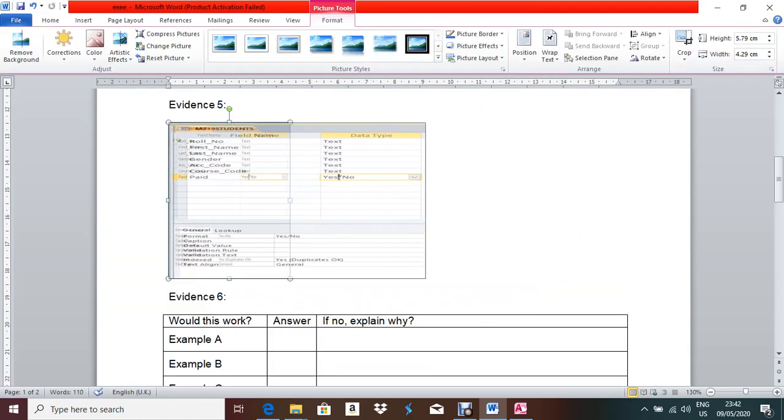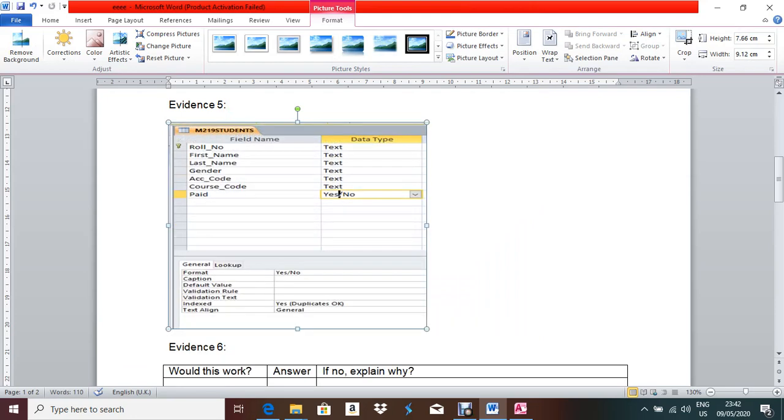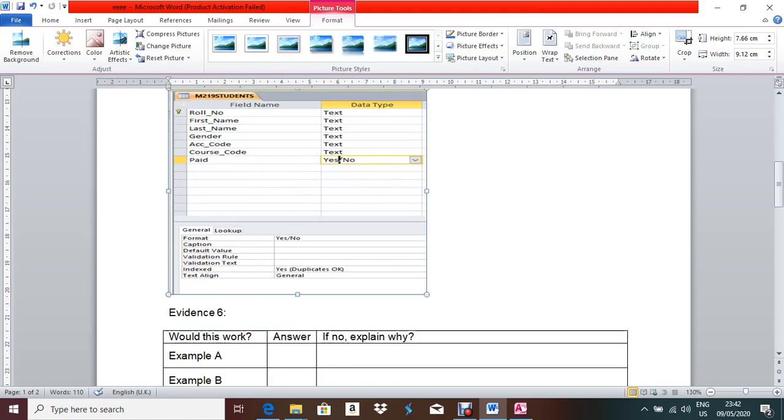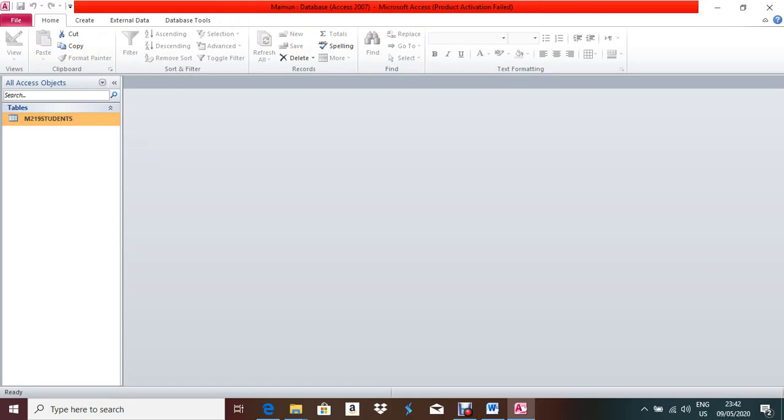I recommend one thing: some students always take a screenshot of half of the table. Don't do that. Okay, you have to take the upper part and the lower part also. That is my recommendation, because if you take half of the screen, the examiner can cut your mark, because the examiner cannot see where you gave the format, right? Exactly. So now Control S, Control W, save and exit from this screen.